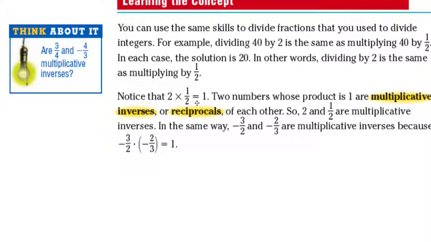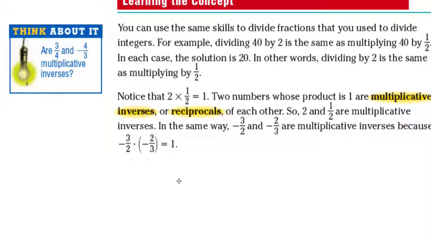If you notice, 2 times 1/2 equals 1. Two numbers whose product is 1 are multiplicative inverses or reciprocals of each other. So 2 and 1/2 are multiplicative inverses. In the same way, negative 3/2 and negative 2/3 are multiplicative inverses because negative 3/2 times negative 2/3 is equal